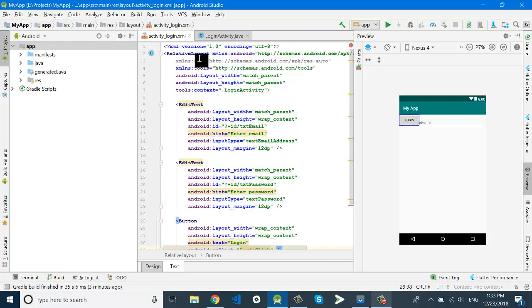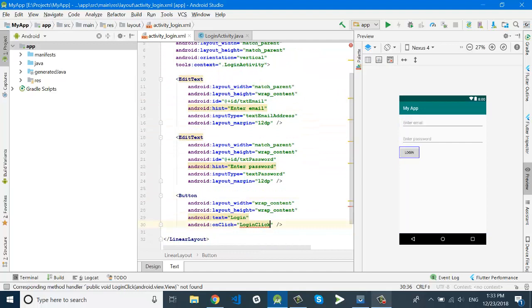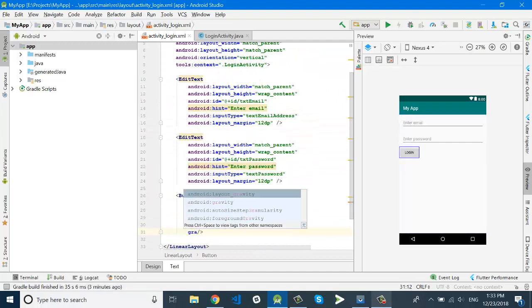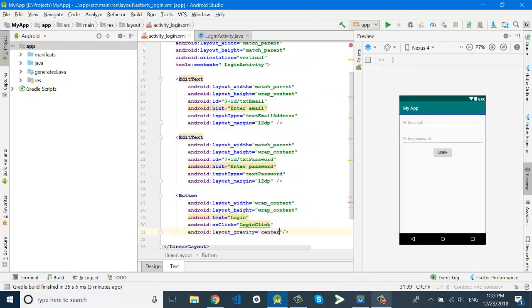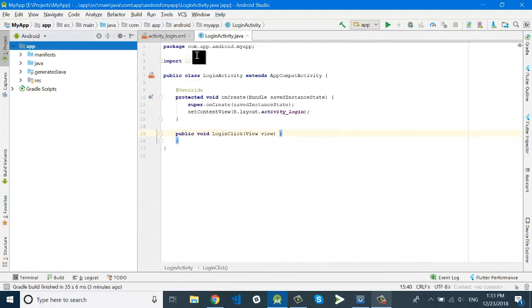the ID. Okay, replace this with the linear layout, and you can see the design. Okay, this is layout gravity. Create this method, and now